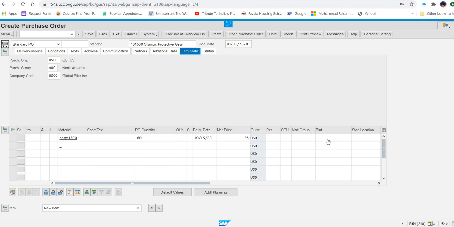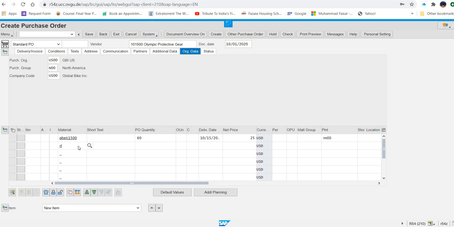Then they said you have to put the plant MI00. Okay. And the currency is USD. If the currency is not showing here, I think this is the currency. No. The currency will come automatically. It's coming automatically. Okay.